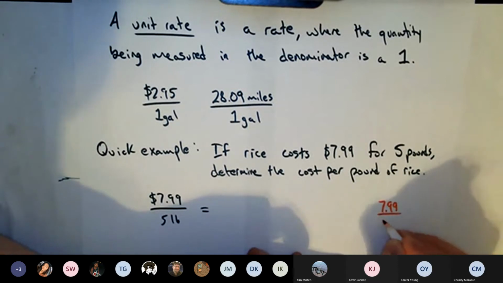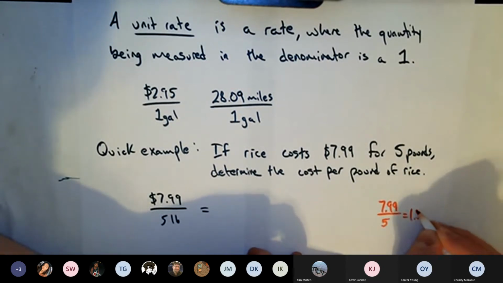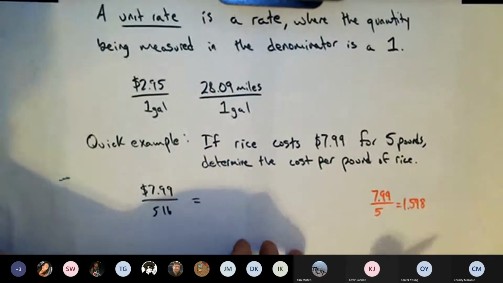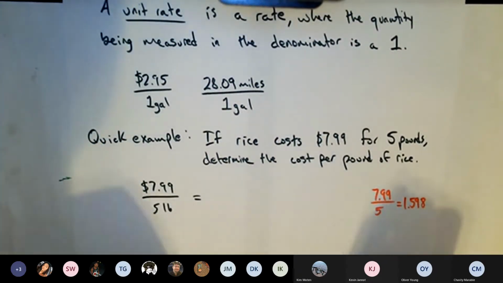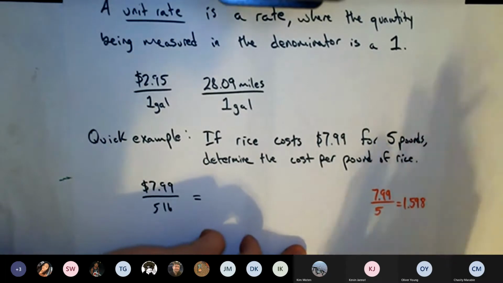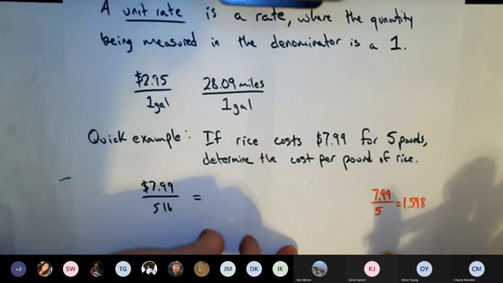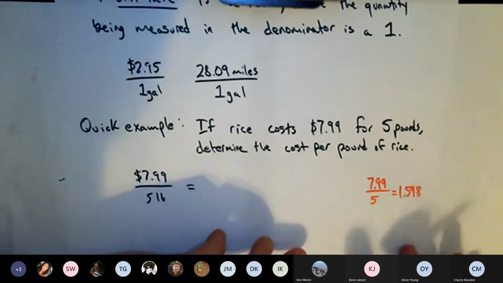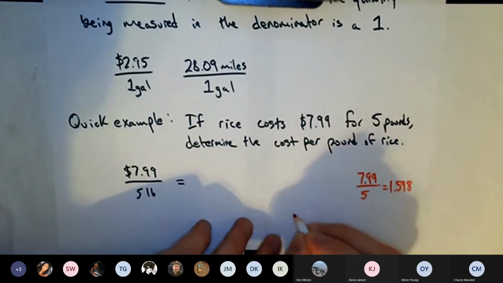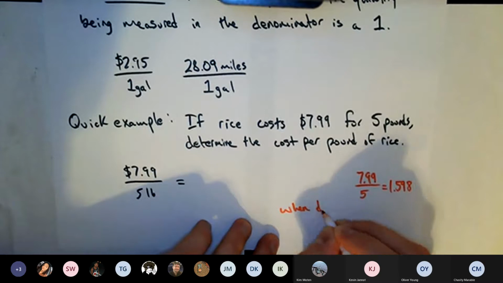7.99 divided by 5 gives 1.598. But when you're dealing with money, you always round to the 100th place. Well, when you're dealing with American money, I don't think the issue's gonna come up where you're gonna have to round with like euros or whatever. I don't know what they go to. I don't know if they go to the 100th place, but so let me say this,